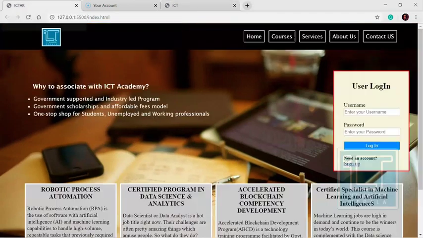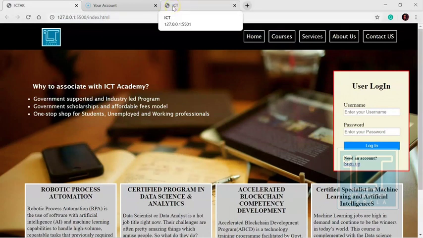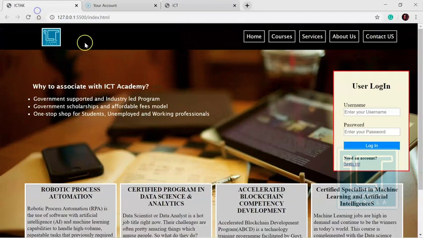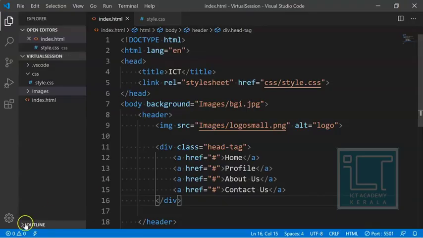But this is not the way it has been represented here. See, it is in a different way. So we need the help of CSS, of course. First of all, the header portion contains a background color of black. So I think our HTML part is done with it. Now what we need for the header is the CSS part. So let's move on to the CSS part.